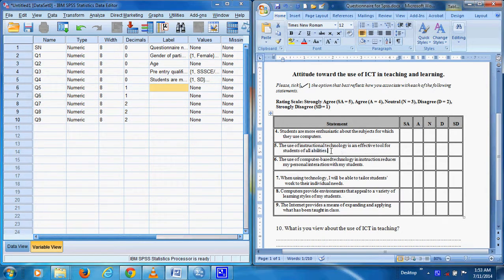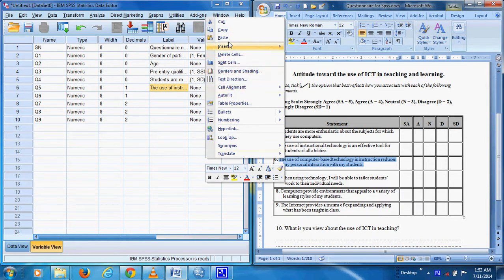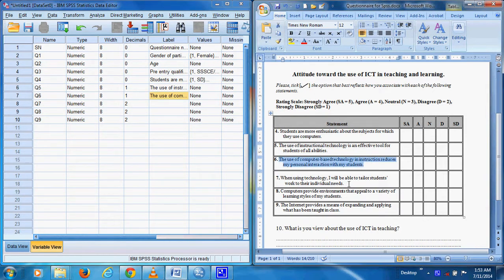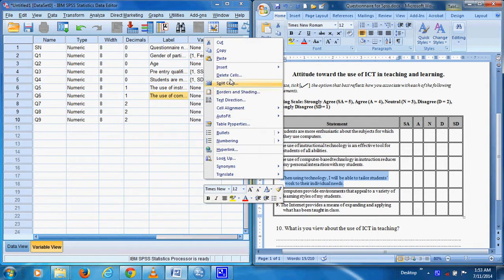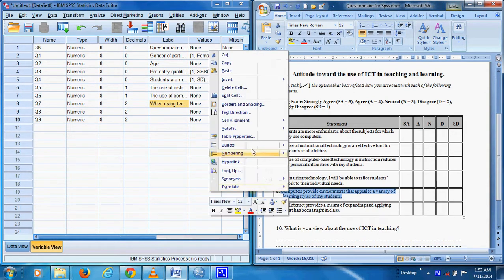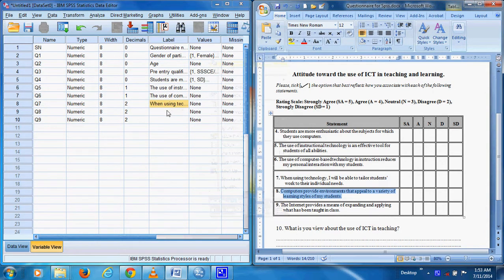So question 5, we are going to copy this, Control copy, and we paste it here. And then question 6, we copy the label of the questionnaire, and then we paste it. Question 7, we copy the label, and then we paste it. Question 8, we copy the label, then we paste it. Then question 9, copy the label,